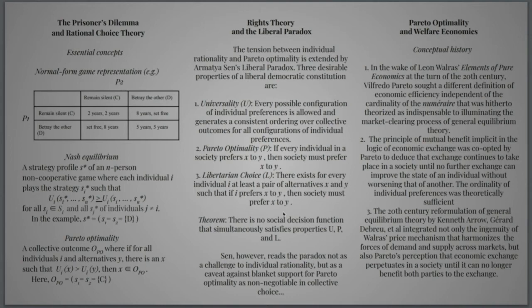However, as opposed to reading this contradiction between individual libertarian choice and Pareto optimality as a result of the shortcomings of individual rationality, he reads it as a warning against wholehearted endorsement of Pareto optimality as a non-negotiable, desirable collective choice criterion. To adjudicate this tension between individual rationality and Pareto optimality, reflected in the prisoner's dilemma and the